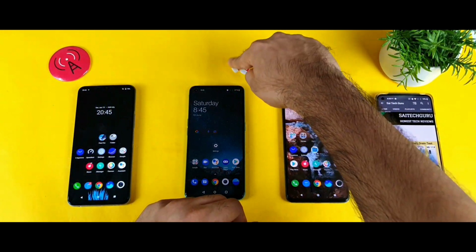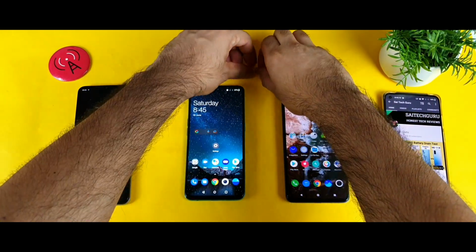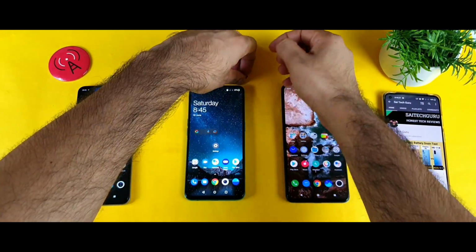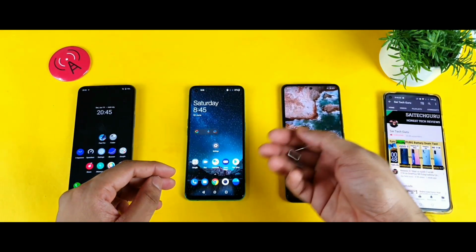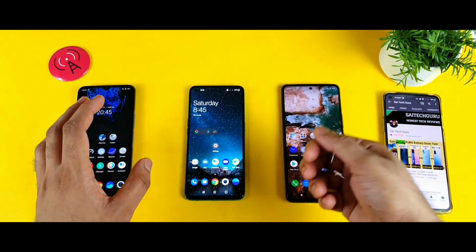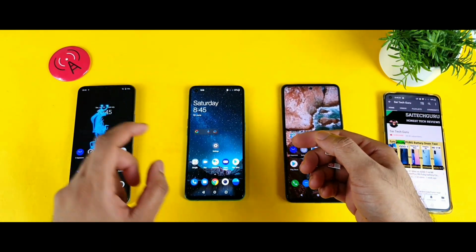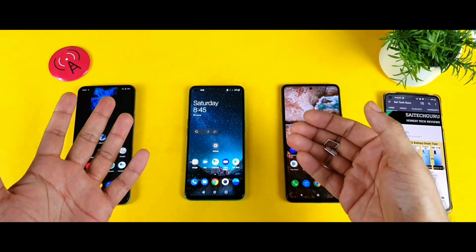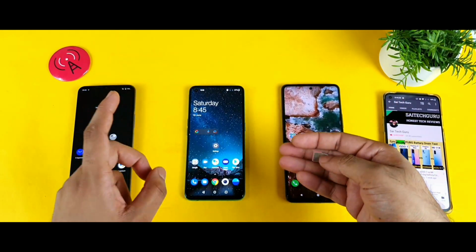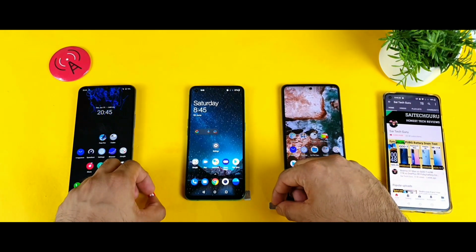I have 3 Jio SIMs right now, as you can clearly see here. I'll use these 3 Jio SIMs in all these 3 smartphones. Let's see which phone will have what kind of speeds, and which phone will support 4G aggregation. I'll even try to download a game from the Play Store to check the speeds as well, to see which phone downloads faster. So make sure to watch till the end of the video, friends, to get to know all the details. That will be really interesting to watch as well.